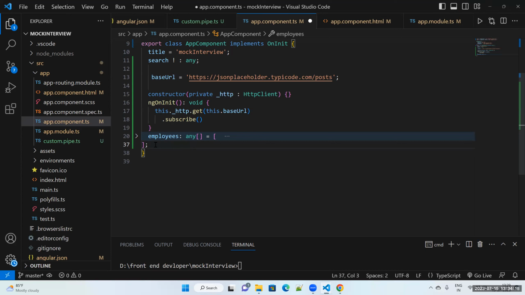Then what is the difference between a directive and a component? A component handles the view of the page or application, and a directive handles the behavior or